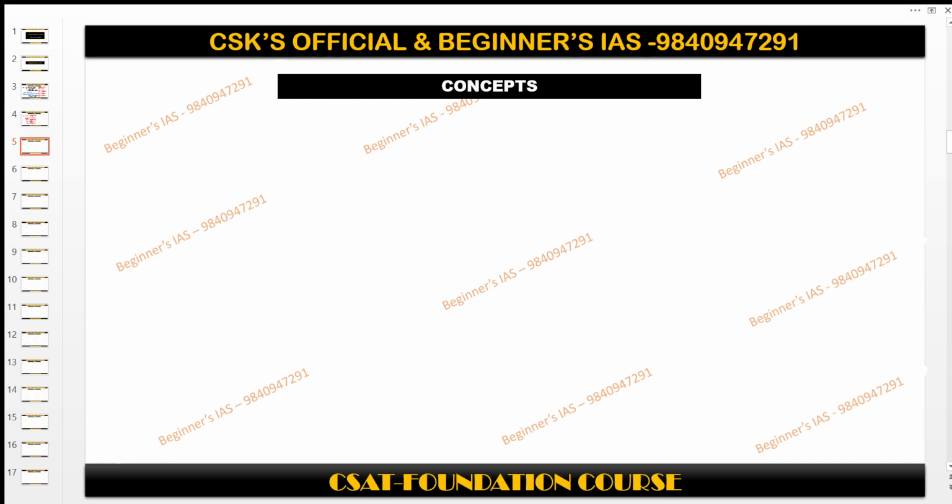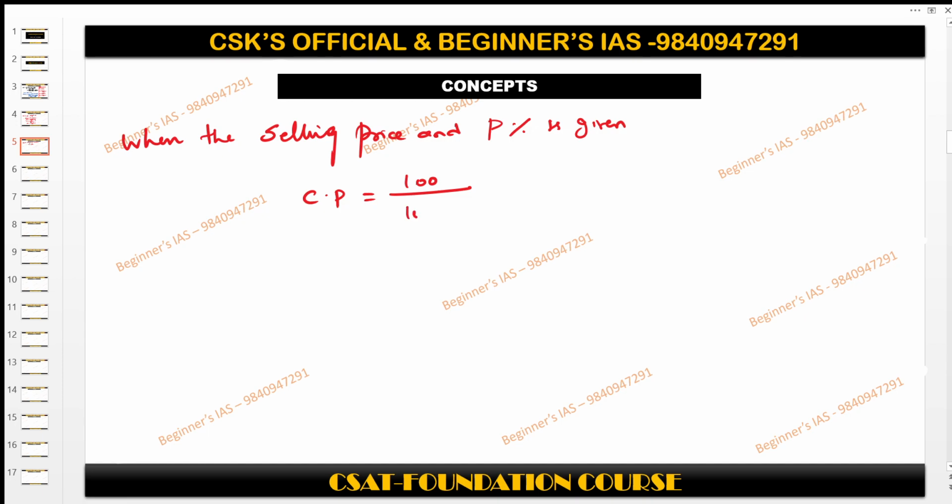Okay, so when the selling price and the profit percentage are given, they will ask you to find the CP. So you can write like this: 100 by (100 plus profit percentage)